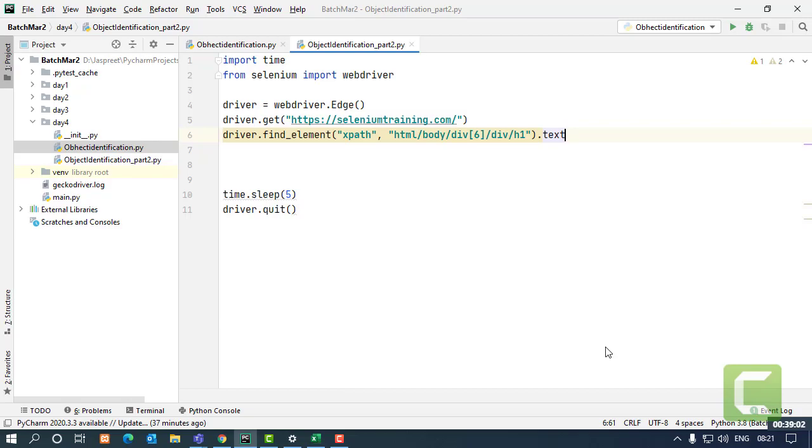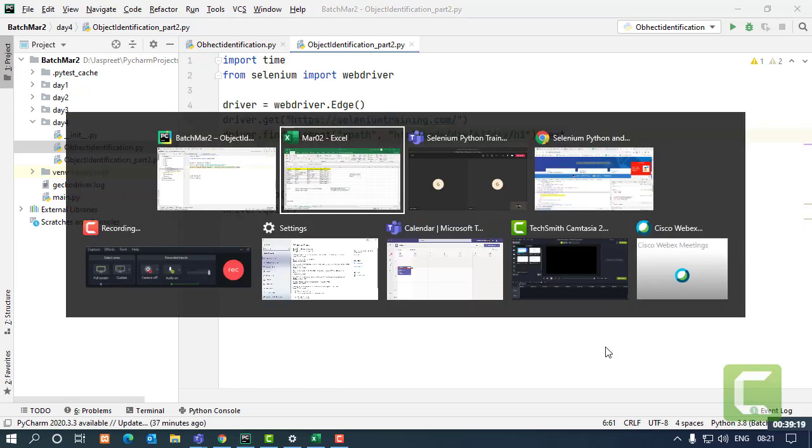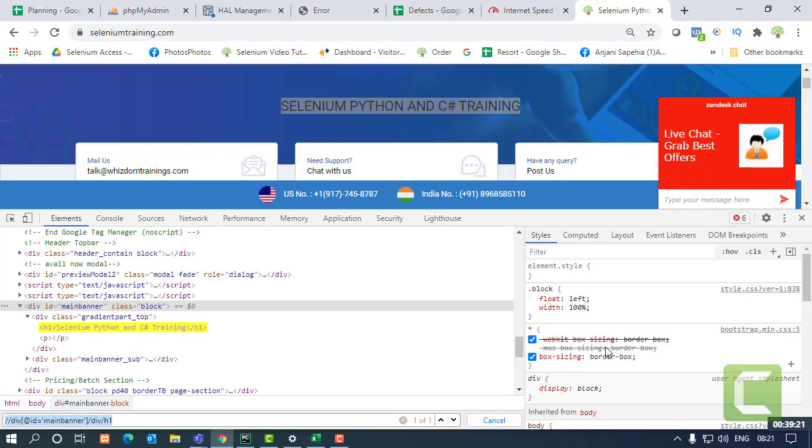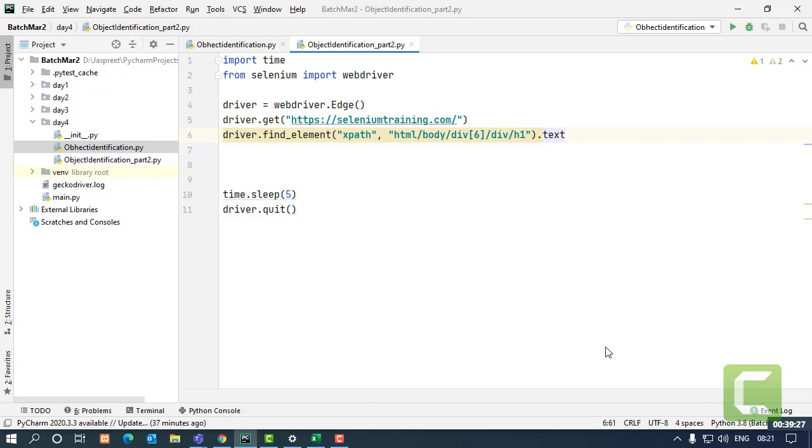Now talking about the text, we discussed this when we were talking about the web element class, that there is a text attribute. The text attribute is basically going to give you the text already in the website, right? This is already in the website, it's in the tag, right? So I'm going to easily get this using the text.